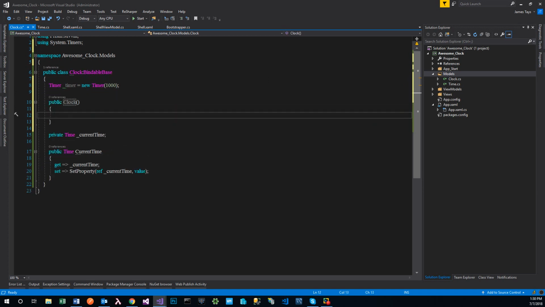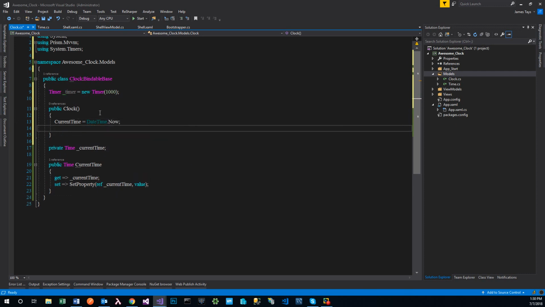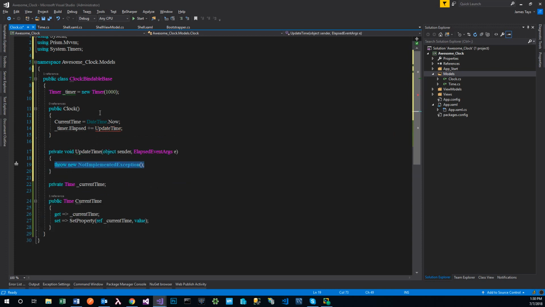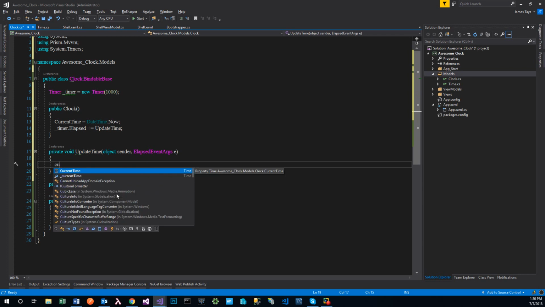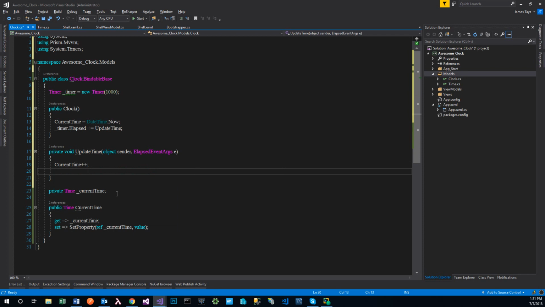So now what we want to do is set the current time. We want to say our current time equals DateTime.Now. Alright, and now we want to subscribe to timer.Elapsed, and we're going to say update time. Alright, so now we should just be able to say current time, right? And we also need to,